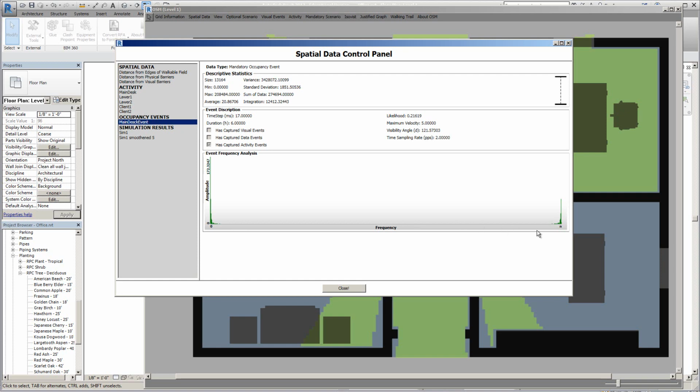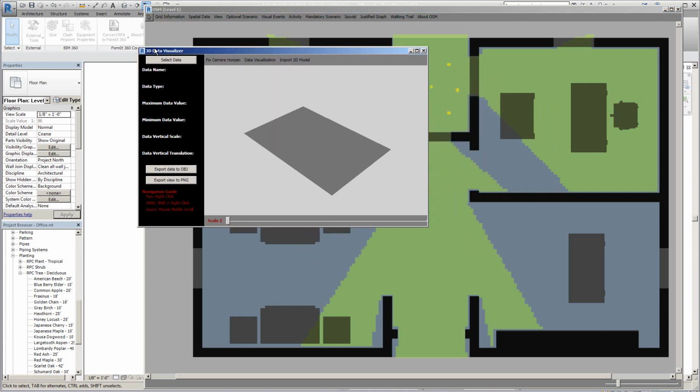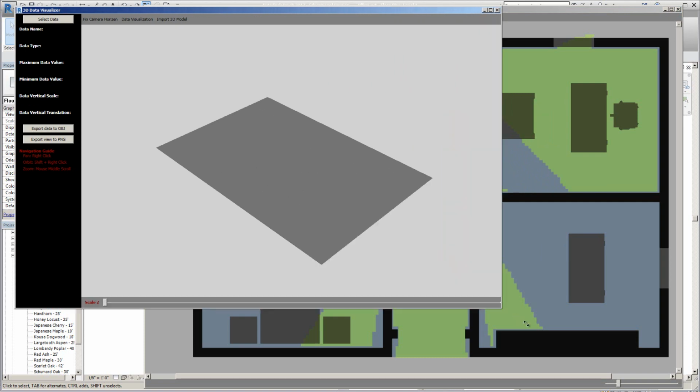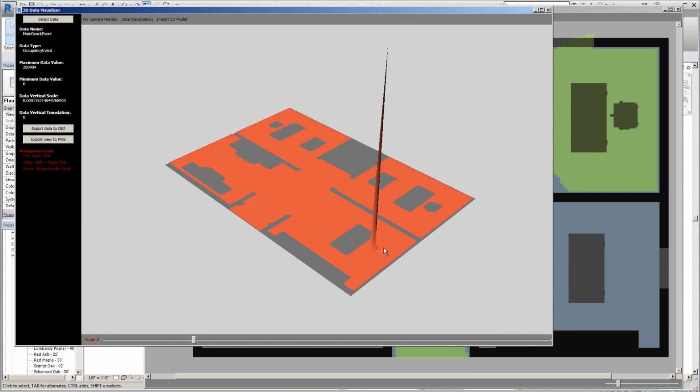So we can see that these are very high frequency and these are low frequency. We probably can filter them and get these data only to represent what is the frequency of activity, how often this event occurs. But this number is actually very informative to us. And we have also spatial data associated to that we can visualize. So I can go back in here and then visualize this event,